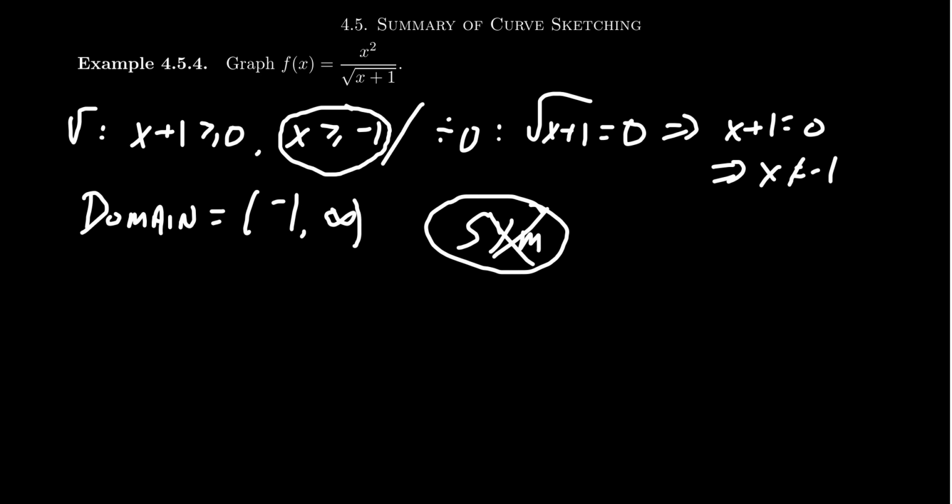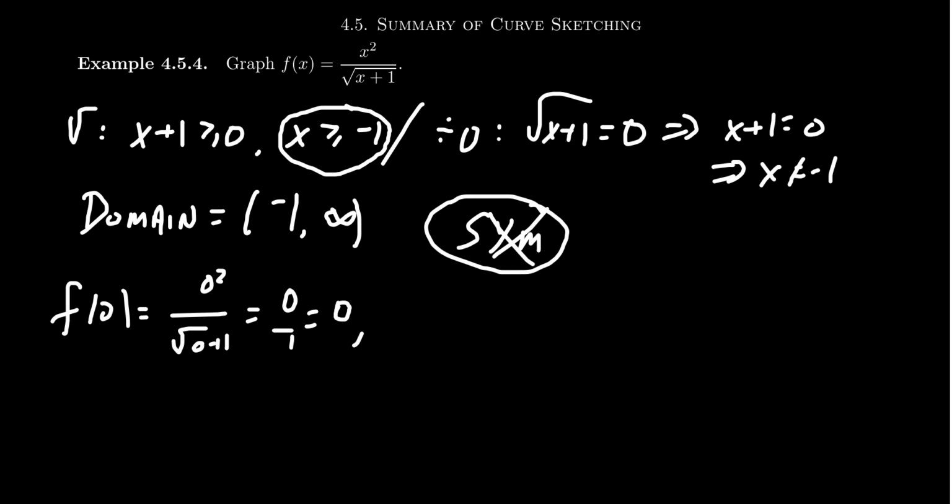In terms of intercepts, if we were to look at f of 0, we would get 0 squared over the square root of 0 plus 1. That gives us 0 over 1, which is 0. It's our y-intercept. And then if we were to try the x-intercepts, we have to look at x squared over